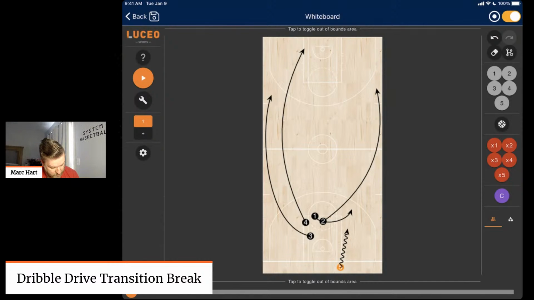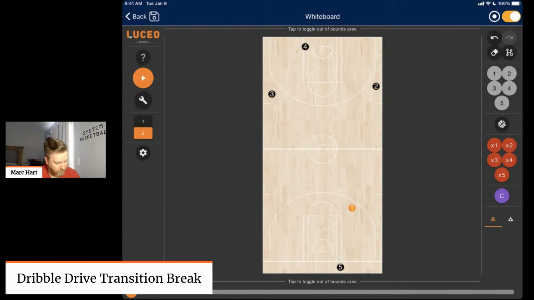So 5 hits 1 here, and this is what we look like. 5 would now be opposite the point guard in somewhat of a trailing position. We're going to look on dribble 1. We're looking over the top to 4 for a layup. If that's not open,